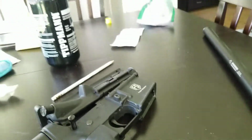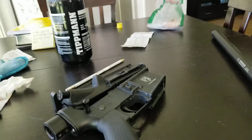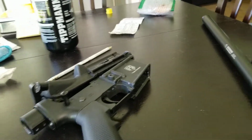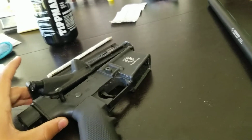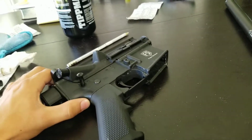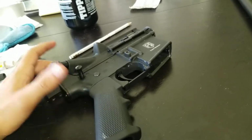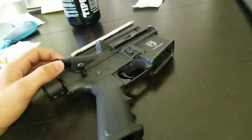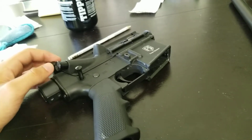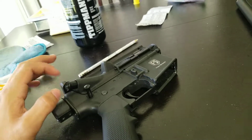And with that, I believe if you have done all these things, you shouldn't be running into more problems. I mean, of course, with the T15 or any paintball gun that's complex like it, you could have hundreds of more problems, and you have to figure it out yourself. For me, I had to figure out a lot of this by myself. Some of this stuff I found online, some of this stuff I just came across by experimenting. And it's pretty hard, but